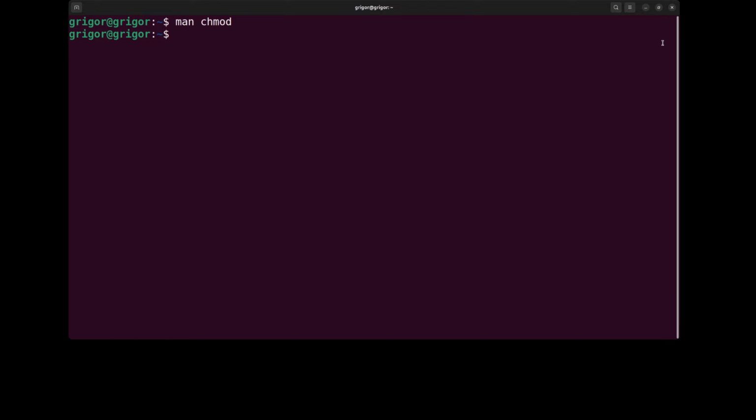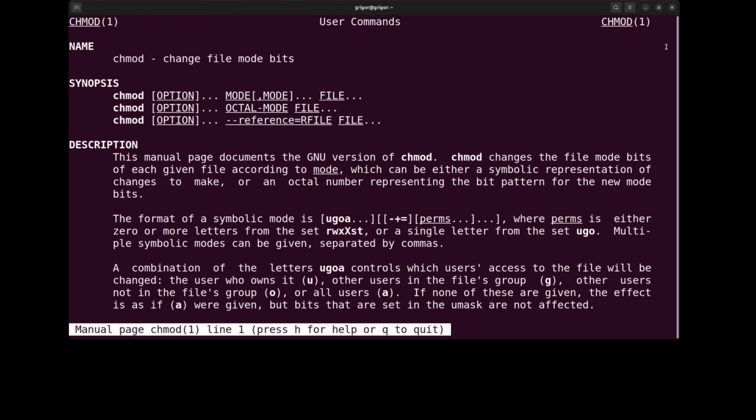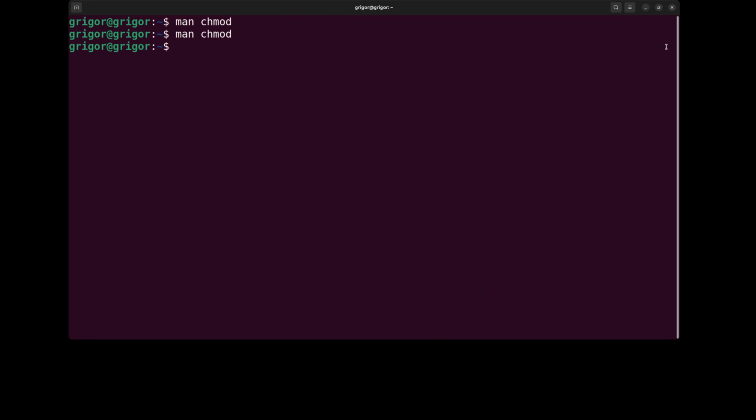In today's video we will explore the chmod command, man chmod, change file mode bits. In Linux, permissions are structured into three distinct classes, each applying to a different type of user. This layered permission model is fundamental in Linux security, providing precise control over who can access or modify files and directories. The three permission classes are user,